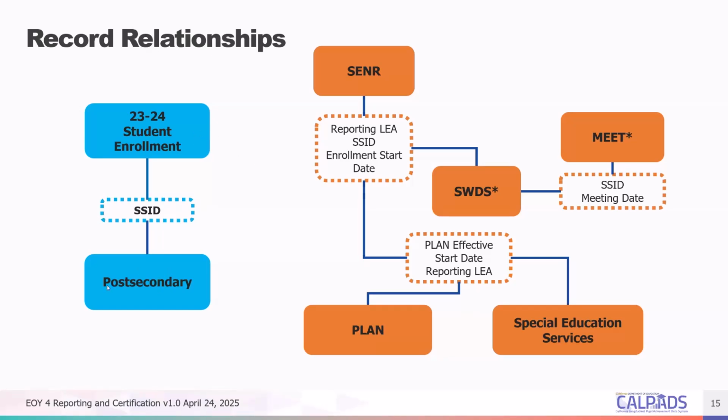Your post-secondary status are outcomes for students who have left the previous academic year. So all your students need really are 23-24 enrollment, and you could submit your post-secondary status file. The post-secondary status is unrelated to the special education file submitted this year because these are records from students from